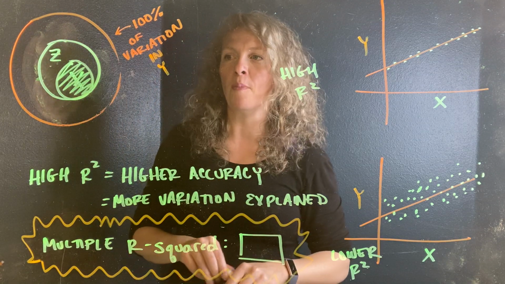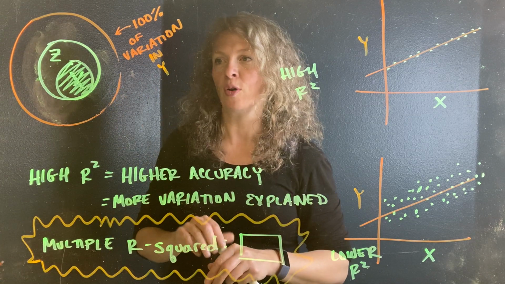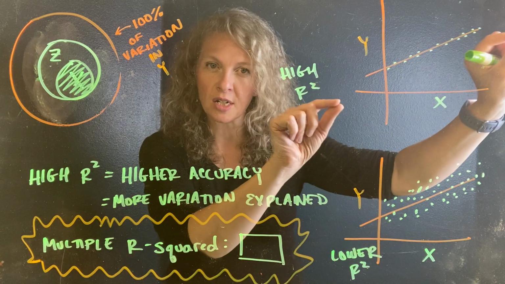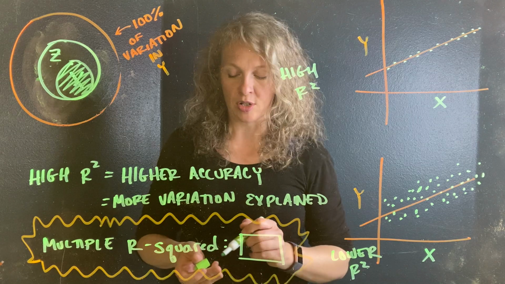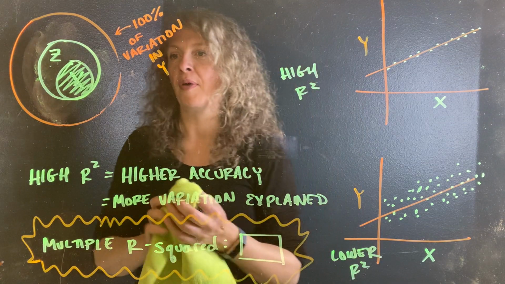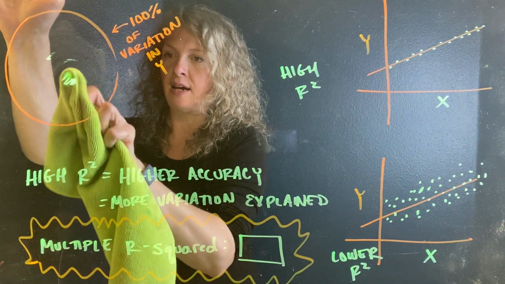We play with that a little bit in our models and make sure that we've got just the right control variables and just the right independent variables to make sure that our R squared is clear, to make sure that our predictions are effective, and to make sure that we understand how to interpret those models. So we can talk about that more later. For now, I just want to introduce the idea